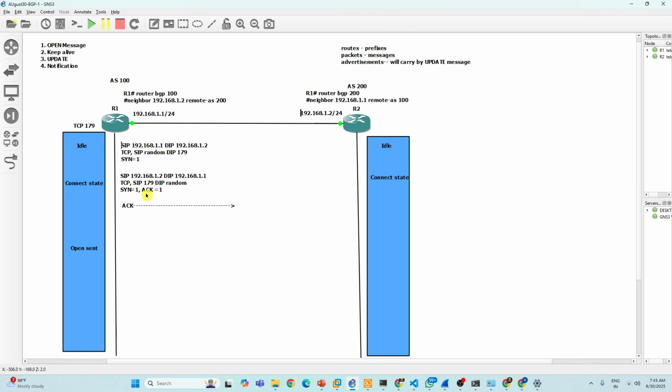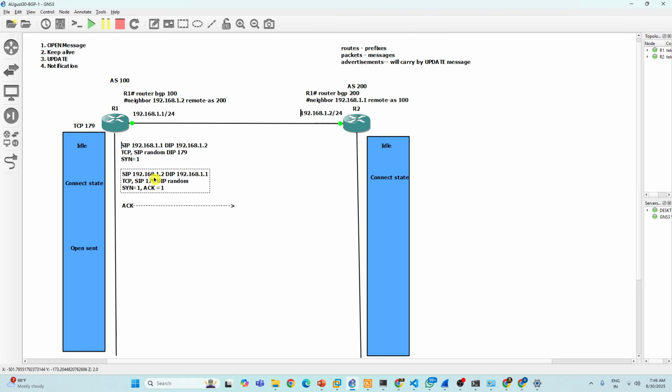In case R2 is not responding, it means some parameters do not match, maybe the configuration, maybe the TCP port number, maybe 179 may be blocked. Whatever the reason, R1 is not receiving SYN-ACK.